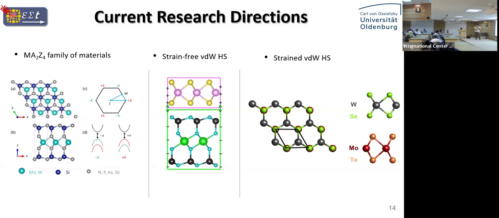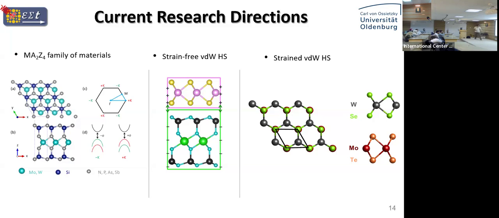What I've also been doing a lot during my PhD, and more recently, is studying the van der Waals heterostructure of TMDC, the transition metal chalcogenides. Here we have intrinsic strain. What does this mean? If you take tungsten diselenide, it has a smaller lattice constant compared to molybdenum. And MoS2, the famous one, has an even smaller lattice constant than tungsten diselenide. So when we stack them together, there is a competition over which material should be in its relaxed position, because if you average them, then both are under strain.